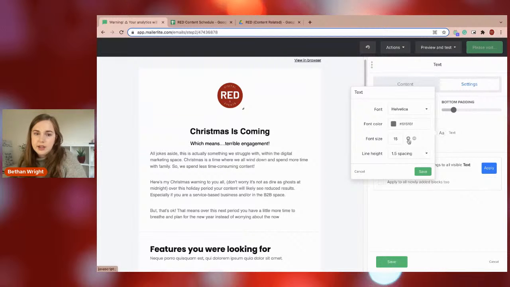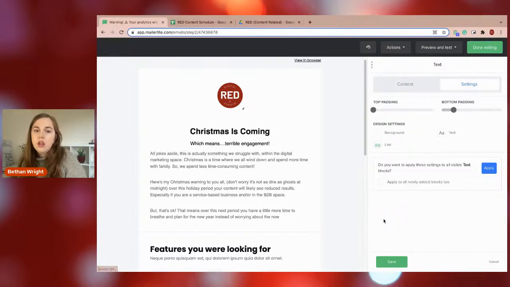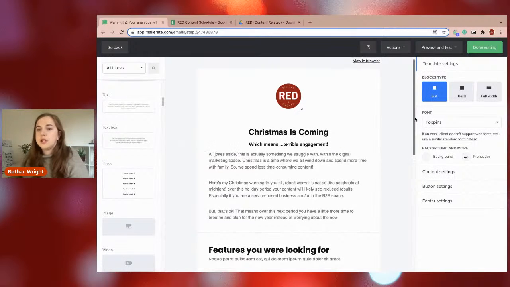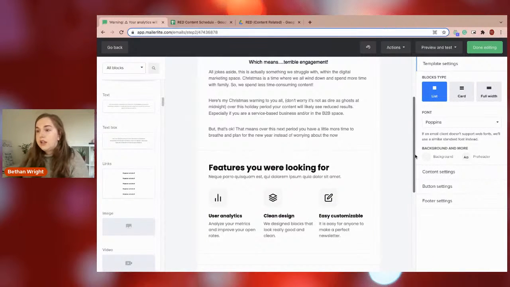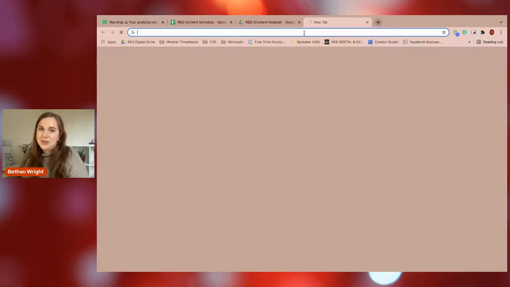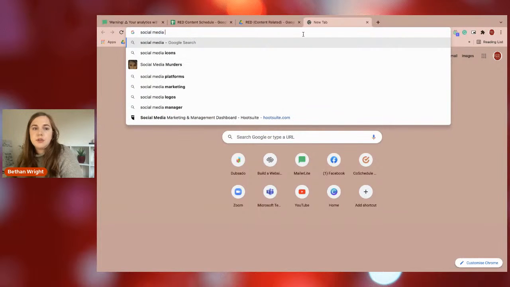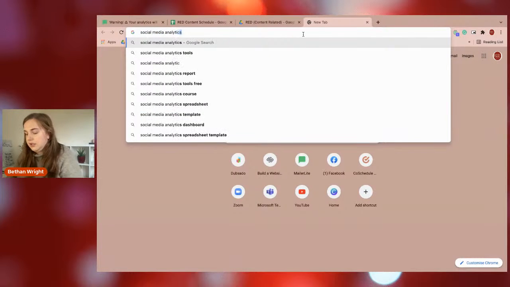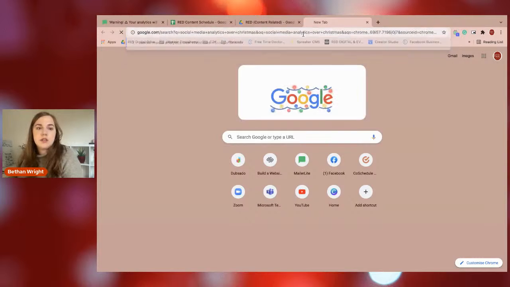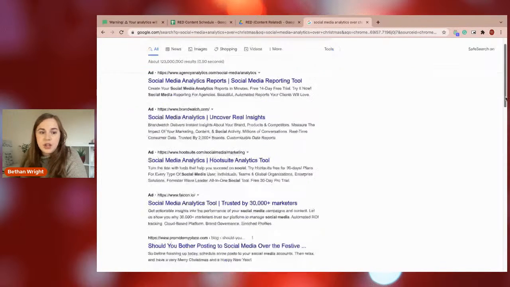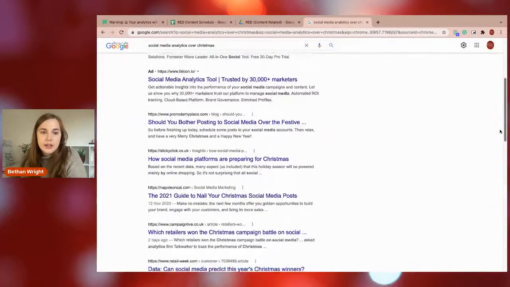I'm going to make it a little bit bigger, and I want to put some resources in here. So this is the basis of a social media post that I'm going to be putting out. But considering that it's email, I want to have a little bit more meat on the bones, I guess. So I do want to look at some social media analytics over Christmas, and get a little bit of a source, get some ideas, some inspiration of how we can